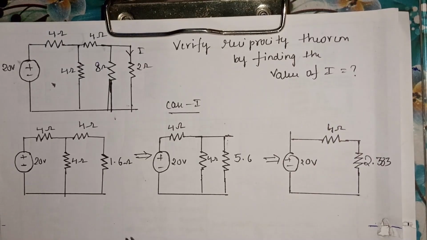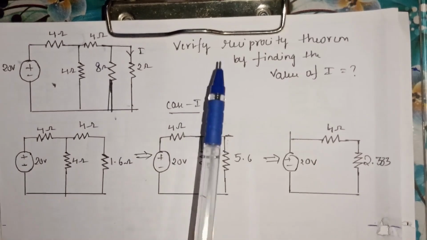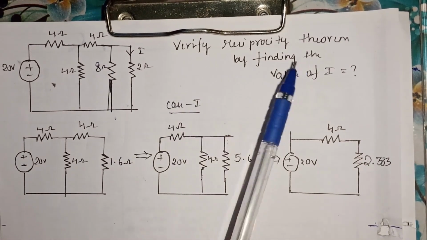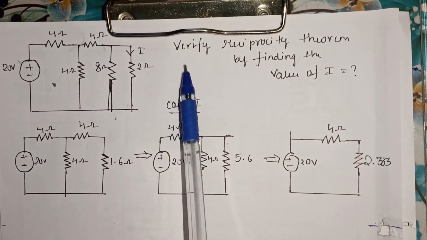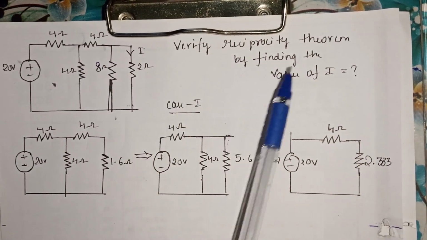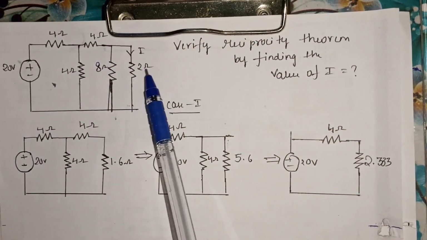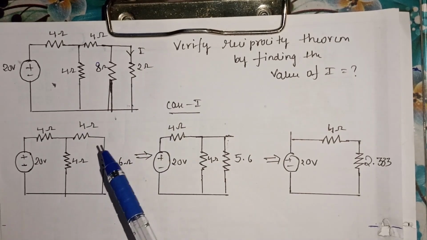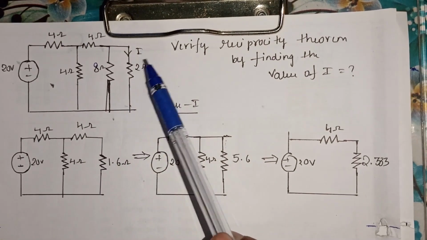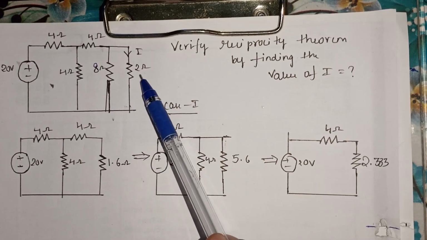Welcome to the second video where we discuss the problem based on the reciprocity theorem. In this problem we have to verify the reciprocity theorem by finding the value of current I which is flowing through the 2 ohm resistance. So in order to calculate the value of current I which is flowing through the 2 ohm resistance, you